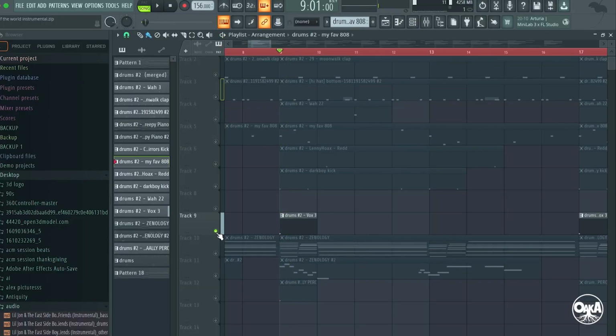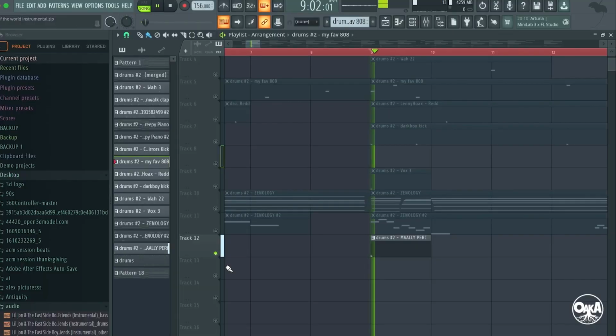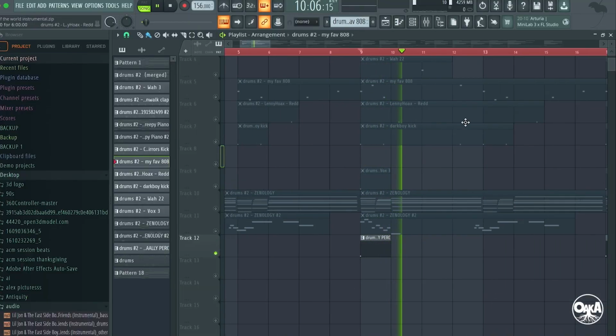So next I added this little chant. It's like an accent on the downbeat to make the beat drop harder on the 1. So the final sound I added to the beat was this shaker sound, and it functions like a crash cymbal, but it's just a little trap sound shaker.